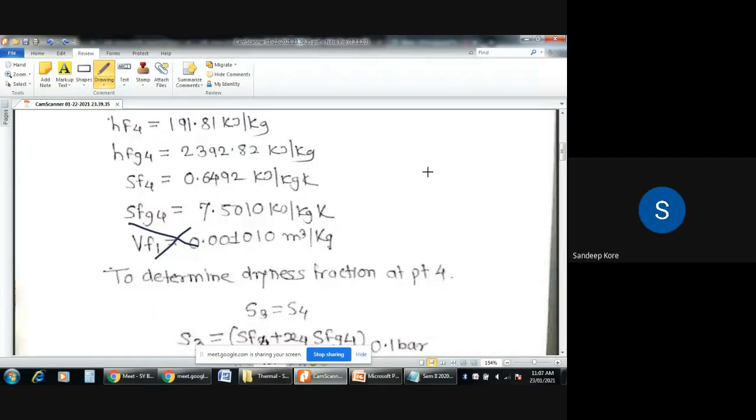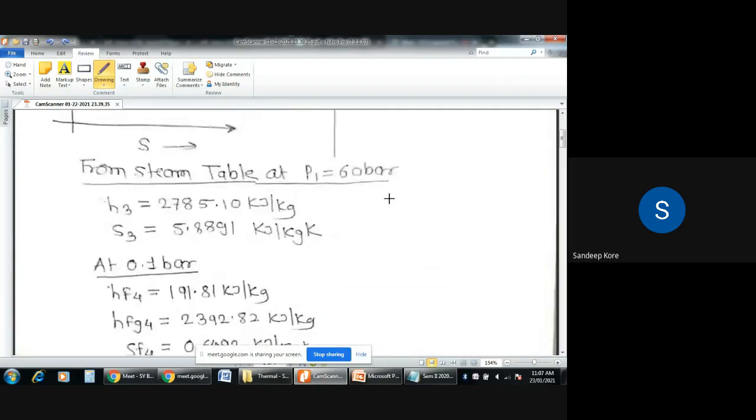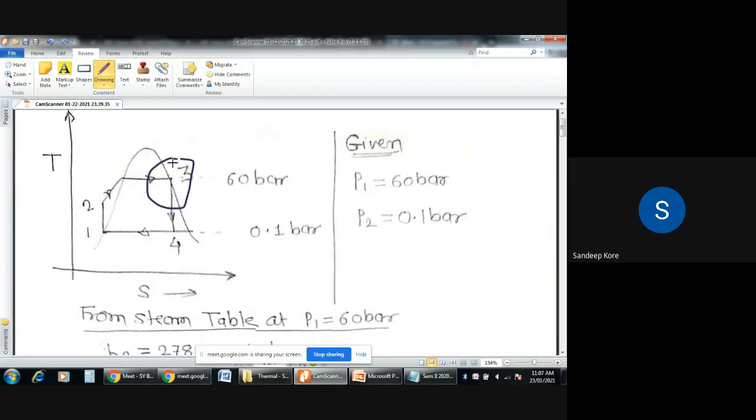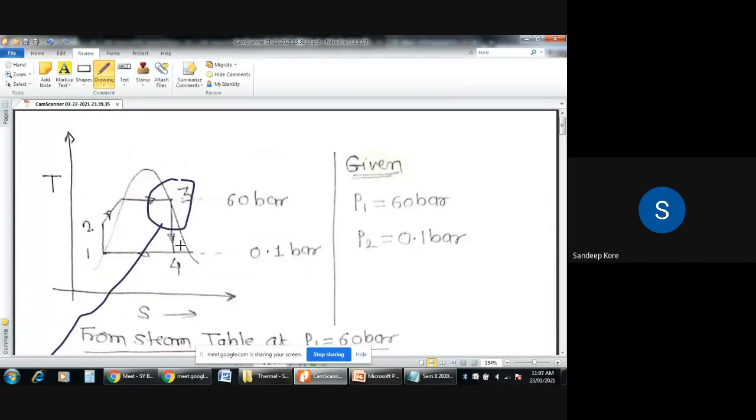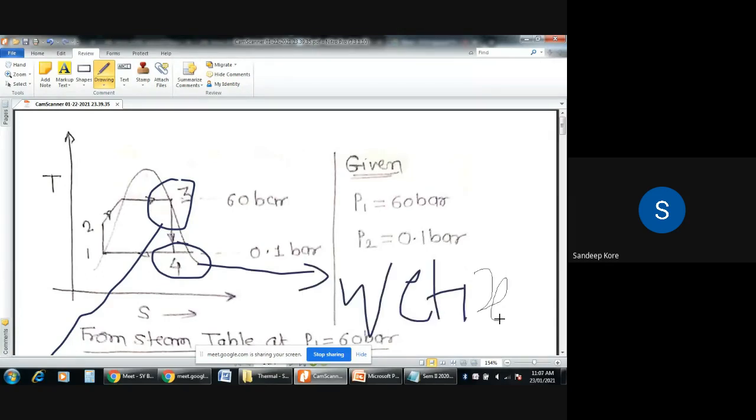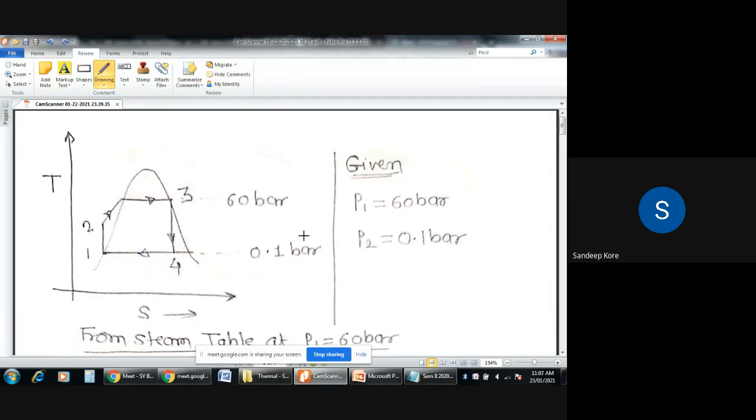Okay. So I will move ahead. Now first what we'll do, we'll find out H3 directly. H3 we have already noted at the higher pressure. Now we have to think how to find out H4. To find H4, the steam is wet. We have to find out the dryness fraction X4. How do we find the dryness fraction? Anybody of you? We have to follow the process 3 to 4. What is the methodology to find out the dryness fraction?